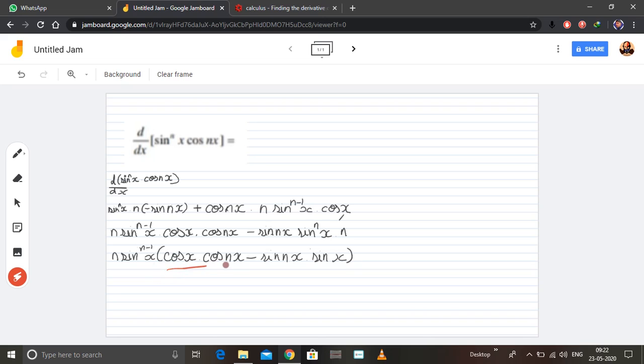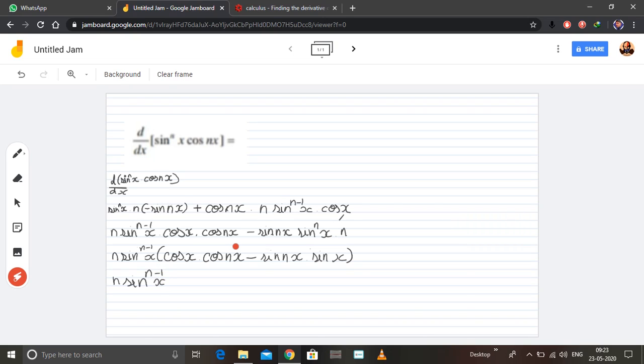As you can see, this term reminds me of something. What does it remind me of? It reminds me of the formula of cos(a+b). Where a is my x and b is nx. So it can be written as n sin^(n-1) x